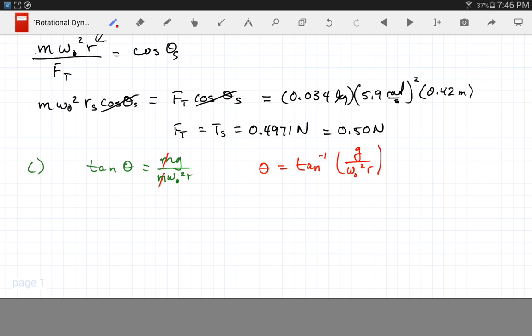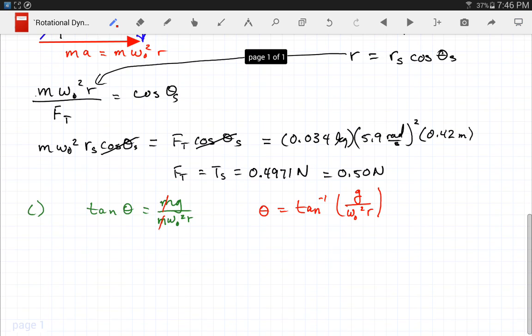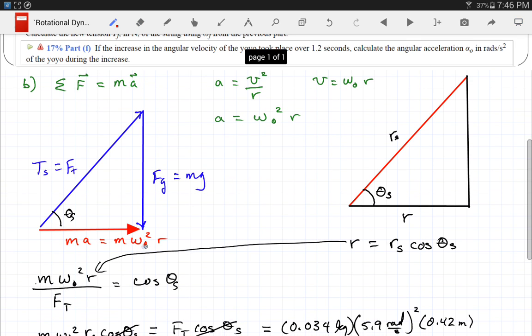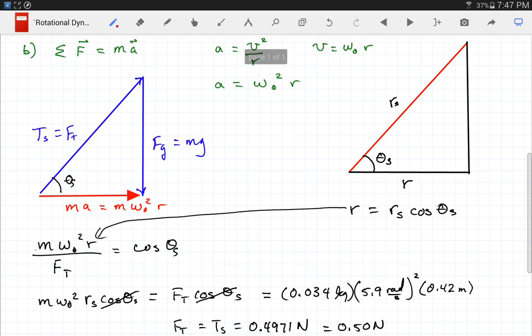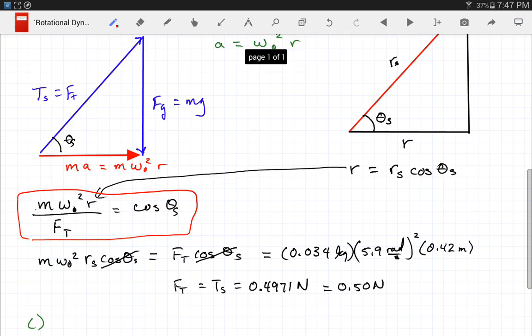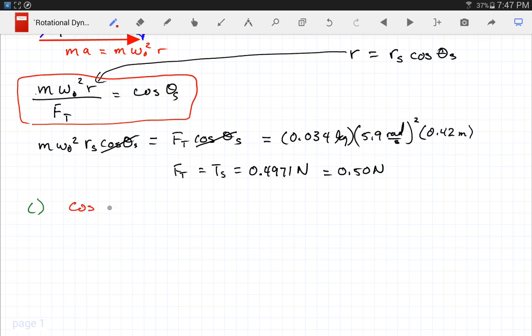And by r I mean, I should have thought this one through. The problem with doing it this way is that, go back, because r depends on theta. We had r as r_s cosine theta. That would have been a bad move because I would have to bring the cosine theta back in. So instead, let's use this relationship that I already created to now find what theta s is. So using that relationship, rewriting the equation,